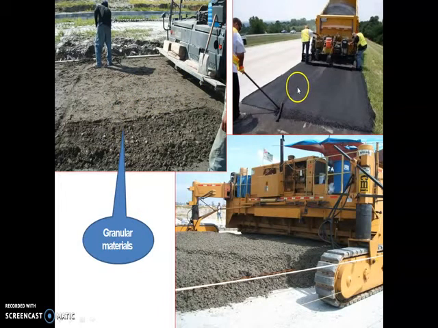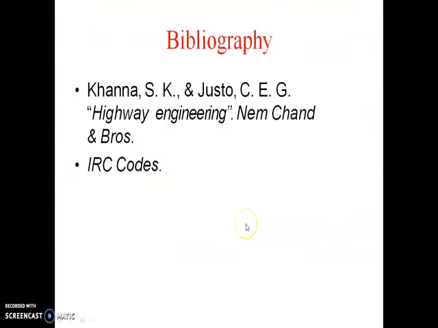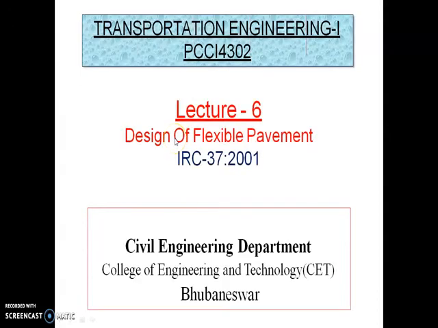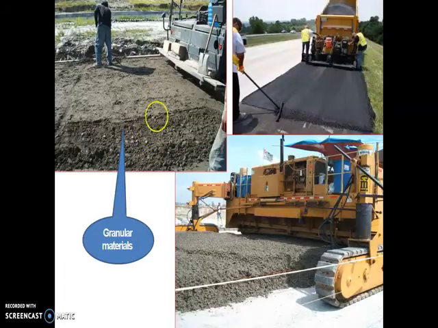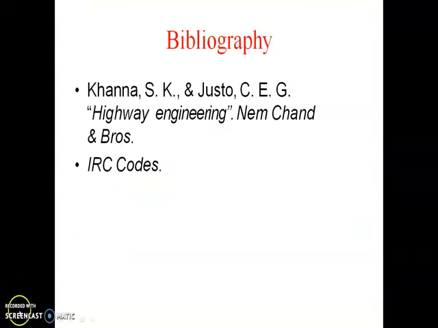Continue flexible pavements. Show the diagram. This is the rigid pavements. You have to see the longitudinal joints, the transverse joints. Then you have to see this one is a rigid pavement surface. At the time of doing the rigid pavements, I will show the diagram. Here also, at the time of flexible pavements, I have to show the diagram.